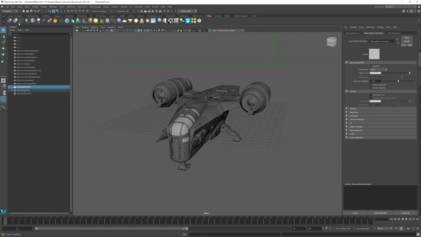So what we need to do is grab our V-Ray frame buffer. A frame buffer is the same thing as a render view. Arnold calls it a render view, and so does Redshift. But V-Ray is kind of old school, it calls it a frame buffer. And we can grab that directly by clicking this button here, or you can just click on where it says IPR here.